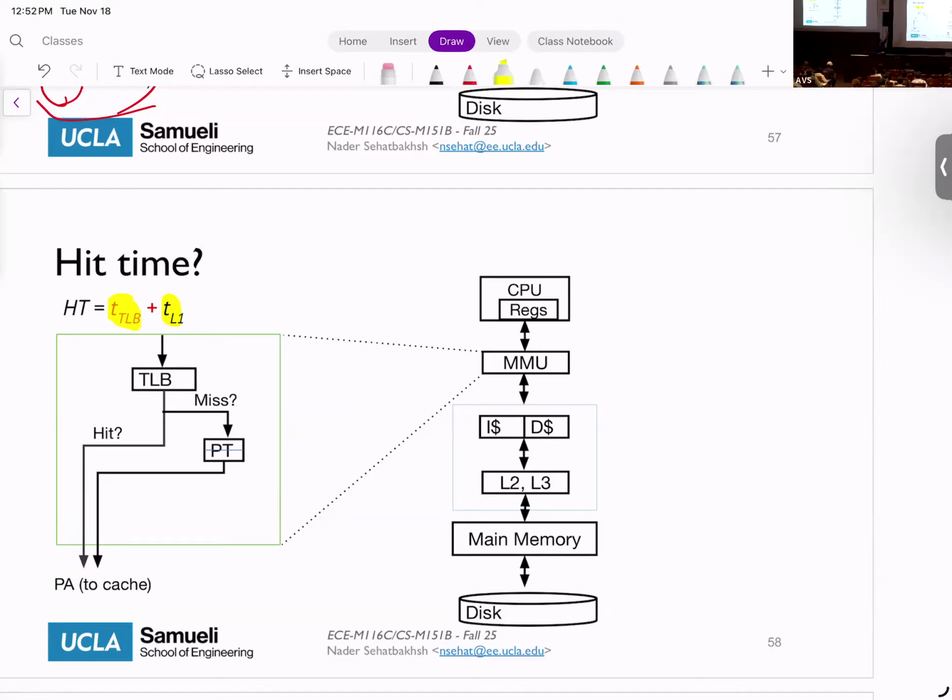T of L1 is usually 1 cycle. You usually design the TLB to be as fast as the L1 cache, also usually 1 cycle. So you cannot retrieve things faster than 2 cycles when you have address translation.